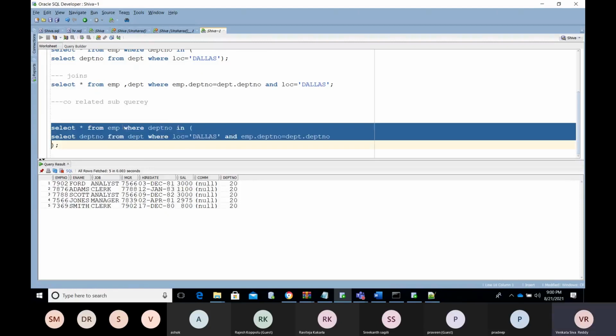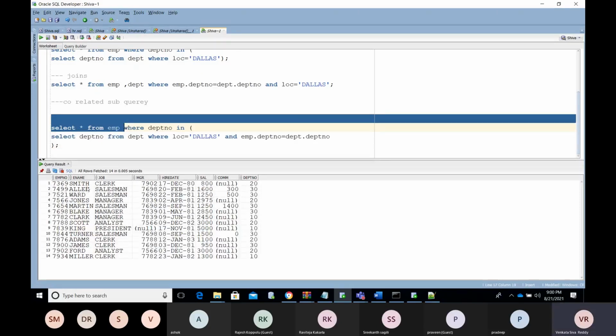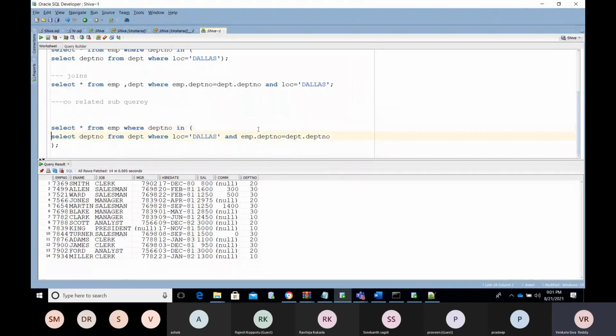Based on the outer query result, for each and every record, the DEPT number column is compared with the inner query. So if we have 10 rows or 14 rows here, the inner query will execute 14 times, because for each and every record, the data needs to be verified with the inner query result. If it matches the inner query result, only then that data will come and be displayed to us.